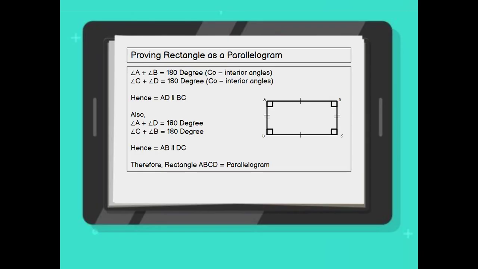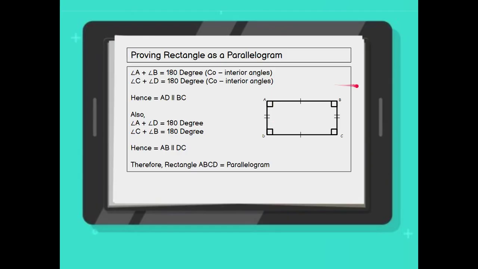Proving that rectangle is a parallelogram. So here angle A plus angle B equals 180 degrees. Why? Because they are co-interior angles. And angle C plus angle D is equal to 180 degrees. Why? Because they are also co-interior angles. And therefore